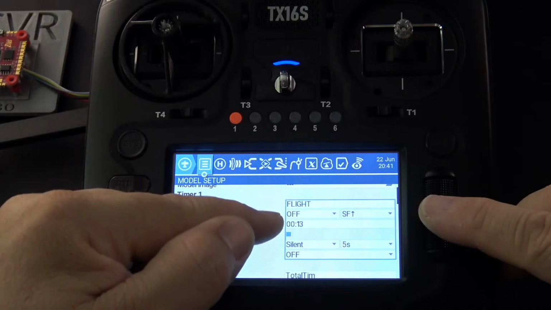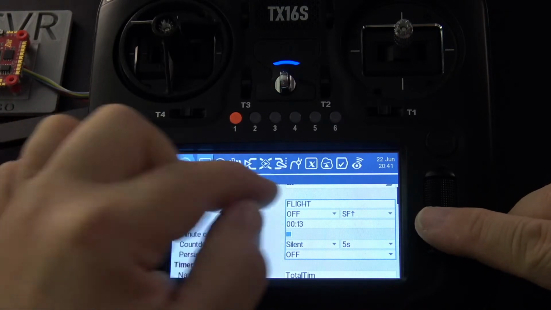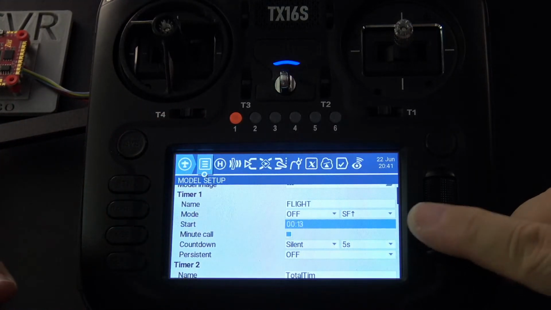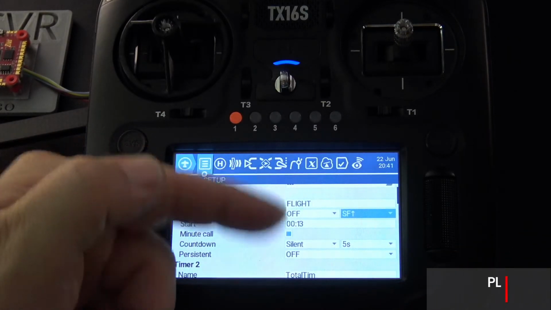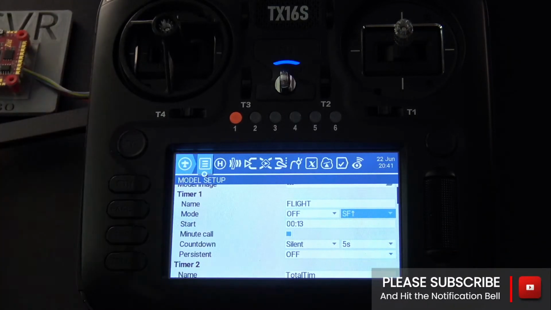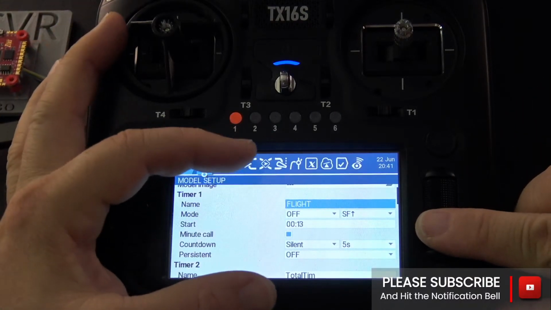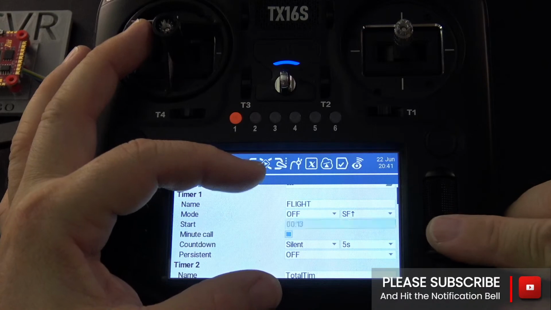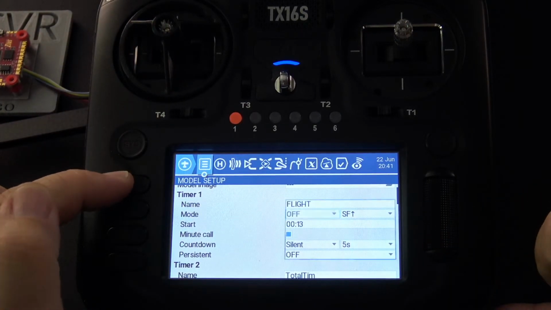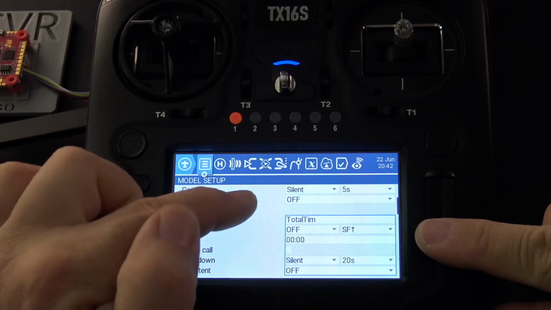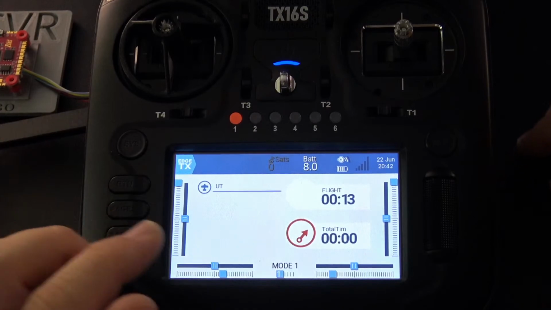That's by design. So what's happened here is they've set up a grouping. You see that cursor right there, that blue line? That groups all the fields in timer one, so that if you just want to edit timer one and you scroll, you guys have all been there with the scroll wheel. You go past where you want to go and you're halfway down the bottom of the list and you've got to go all the way back up. What this does is it offers a constraint for just that grouping, okay? And once you're done with that, all you have to do is hit the return button and your cursor moves down to the next one. If you hit return again, you go back out to the main menu.